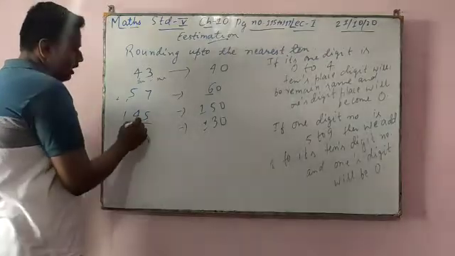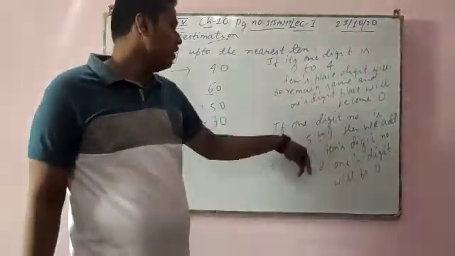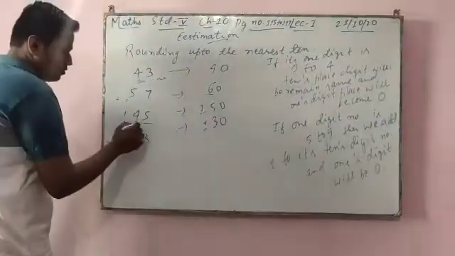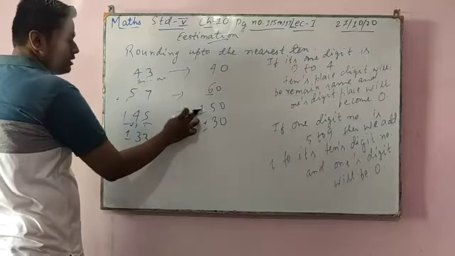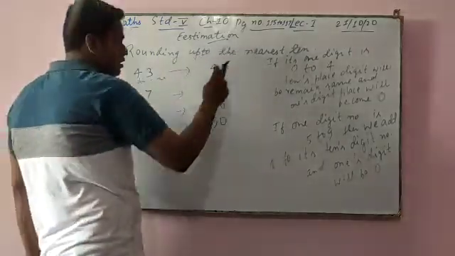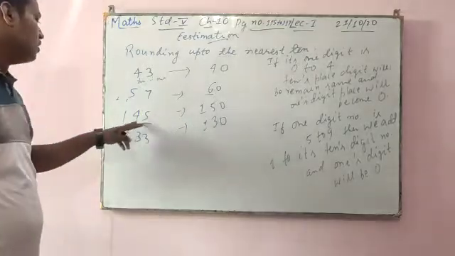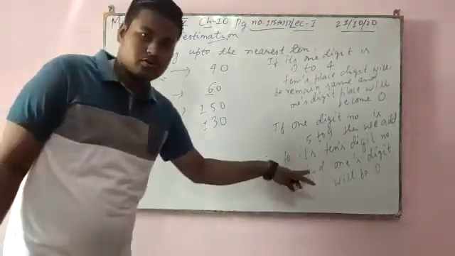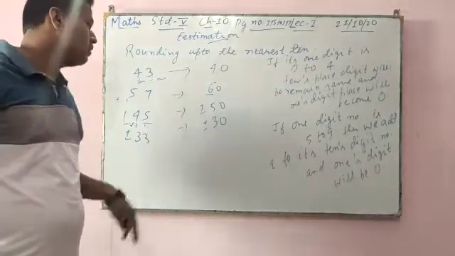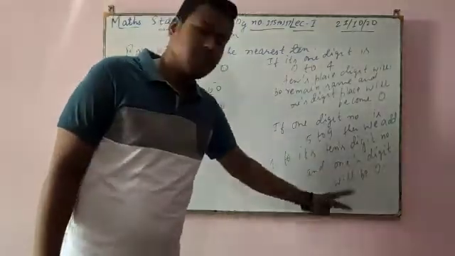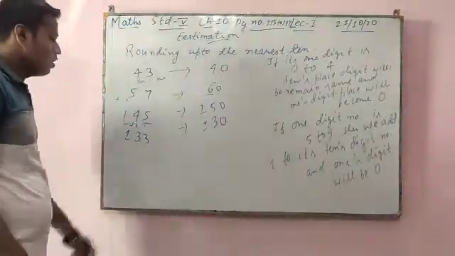So see, here the one's digit is 5 to 9, so we add 1 to its tens digit. This 1 square is 10, so I have added plus 1 here. This 1 will remain the same. We are changing to the nearest 10, so we will not touch this. This 1 will remain the same. To this 4 I have added 1 according to the statement. 4 plus 1 will become 5, and its one's digit will be 0. So that's why 150.